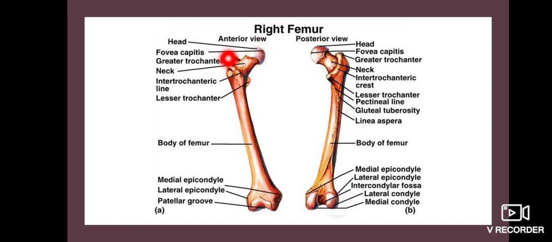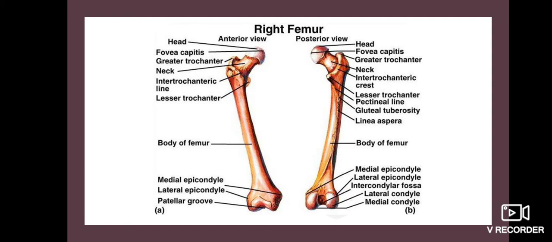This is the neck region, this is the greater trochanter, this is the lesser trochanter. Since this is the anterior aspect, this line is called the intertrochanteric line. But on the posterior aspect, the line connecting the greater trochanter and the lesser trochanter is called the intertrochanteric crest. Then the important attachments in the upper part of the femur are